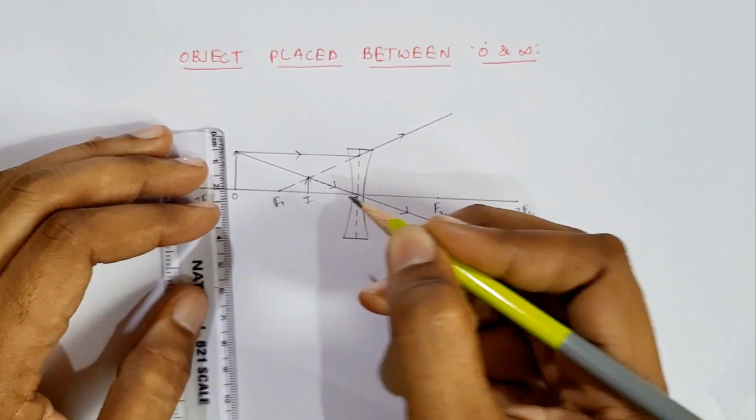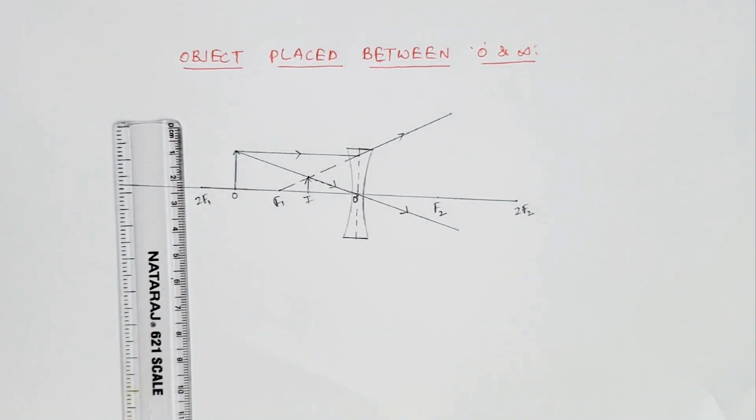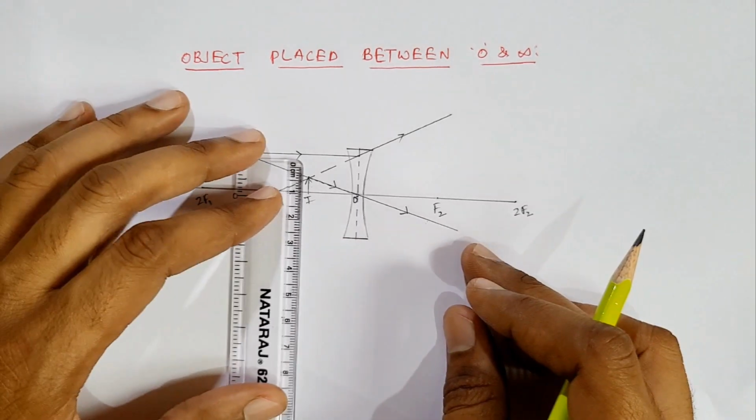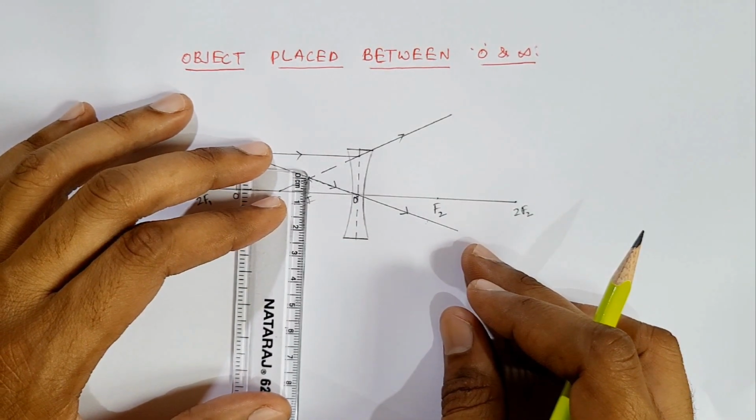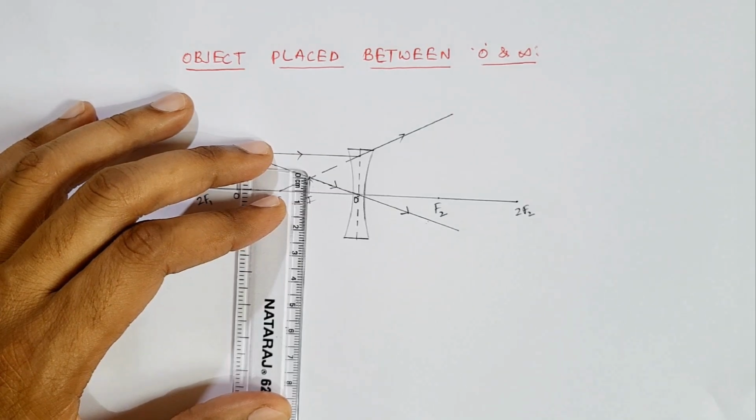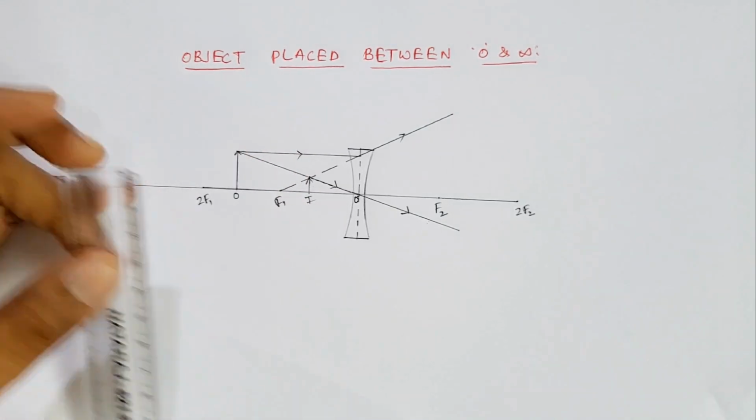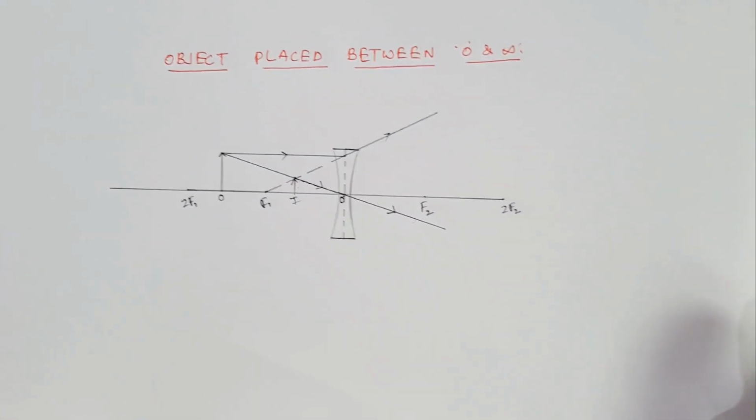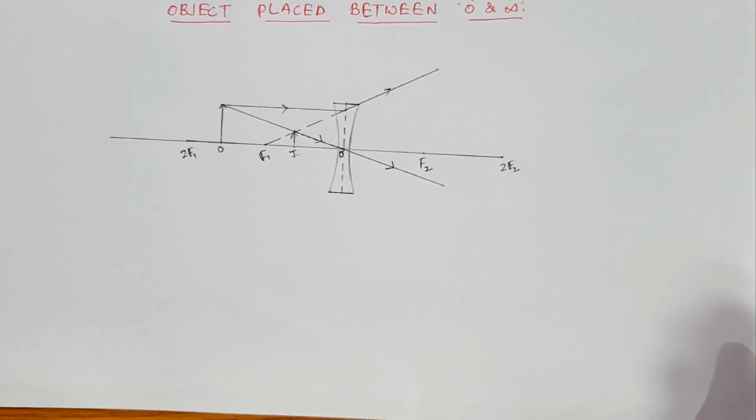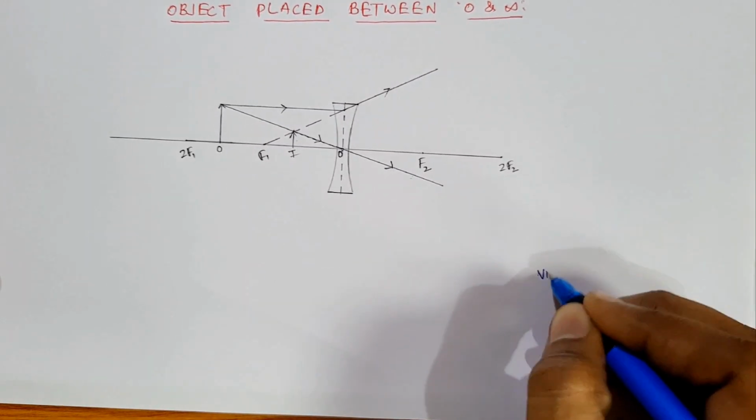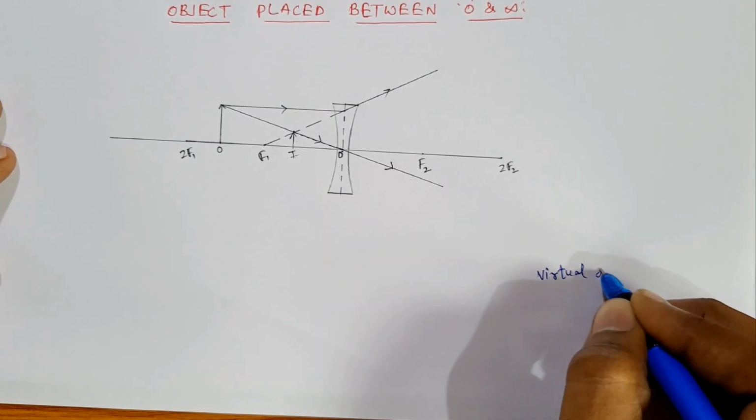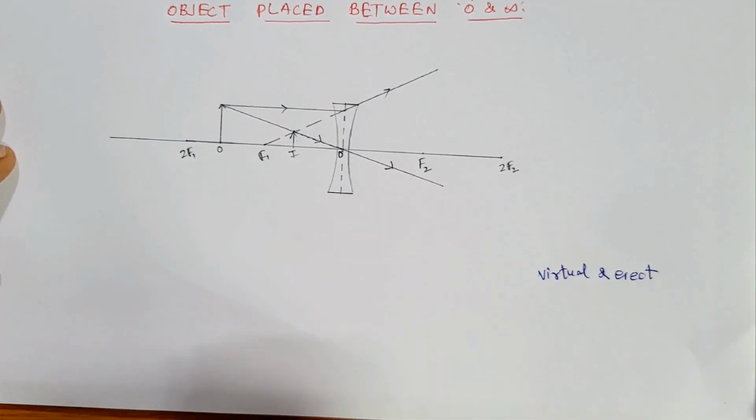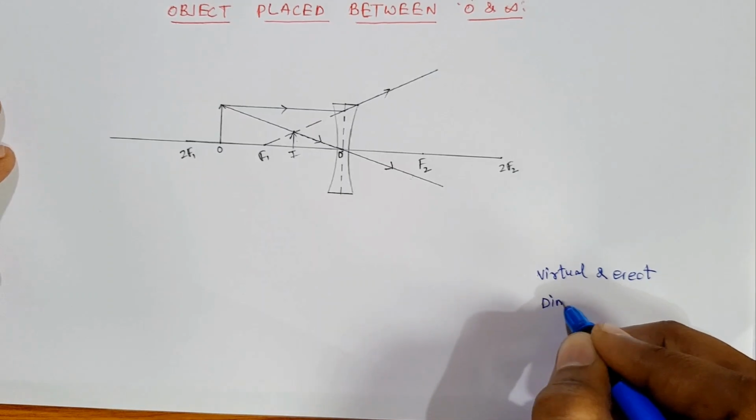This one will be the image. Correct? So let us write the image characteristics. First find the image height. How much is the image height now? It is approximately 0.5 centimeters. Okay. So image height is less than the object height, so the image will be a diminished image. Correct. Let us write the image characteristics. Image is virtual and erect, and the image is diminished,